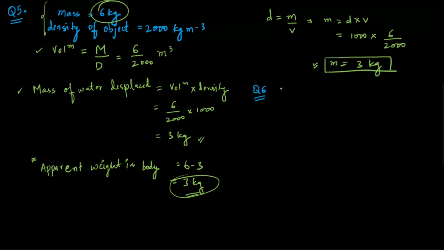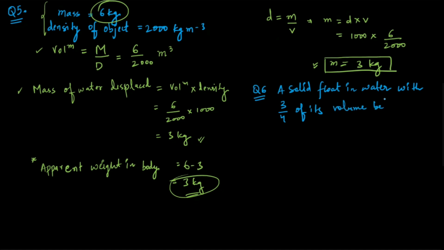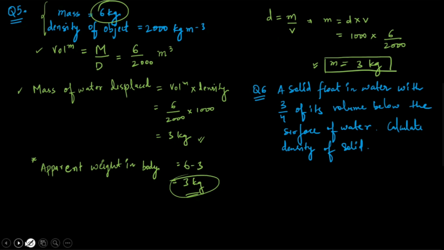So the question says a solid floats in water with 3 by 4th of its volume below the surface of water. We have to find out the density of the solid. Calculate the density of the solid. Okay, if 3 by 4 of its volume is below the surface, then